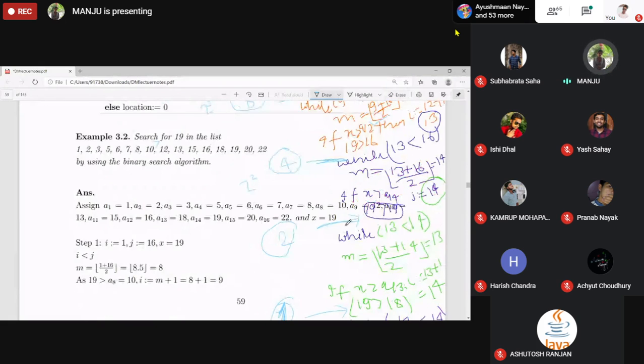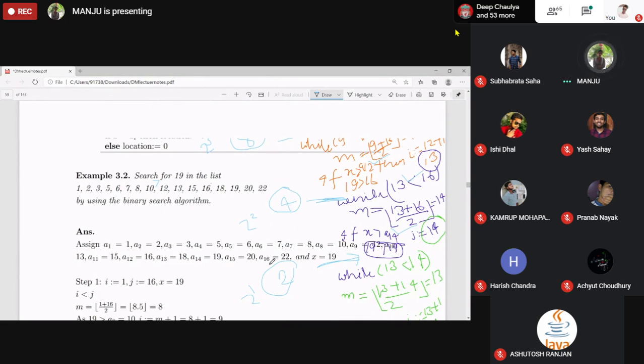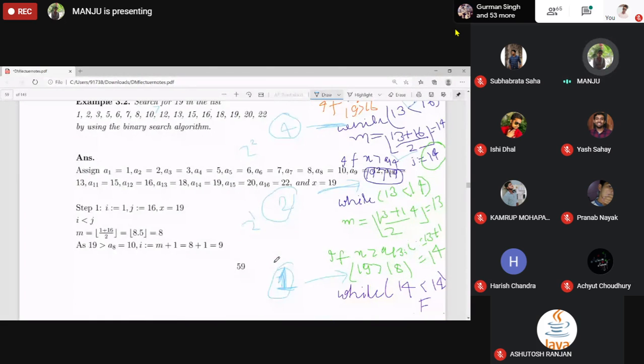Then again after comparing twice, first for this one and another for this one, these two steps, how many elements? 2 raised to power 1. So from 2 raised to power 4 to 3 to 2 to 2 raised to power 1. After comparing this step, we got 2 raised to power 0, again divided by 2.